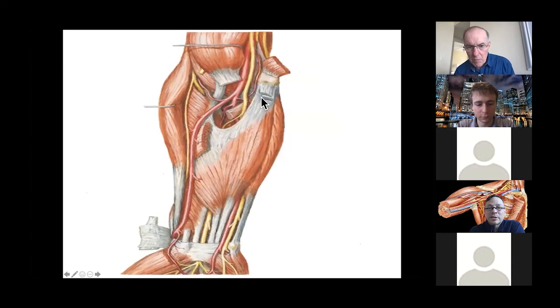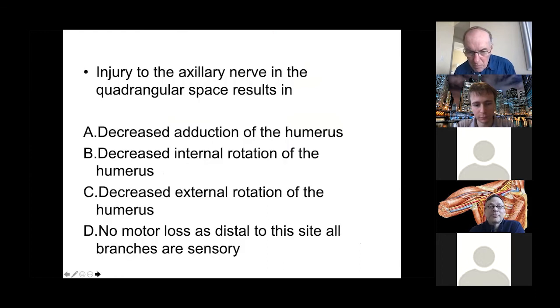This is the sublime bridge, again, just to show you that that can compress the median nerve, although that's rare. Now, that's throwing a lot of information at you, and I like to end with a few questions of practical anatomy or essential anatomy. So questions that you can look at and try to distill and digest all of the material I just presented